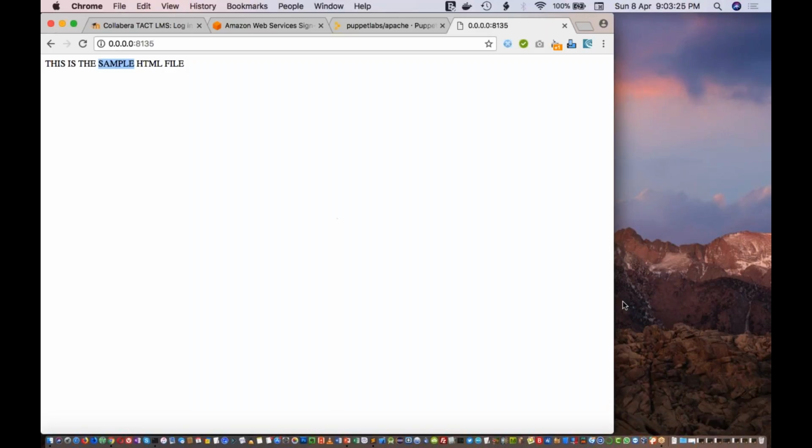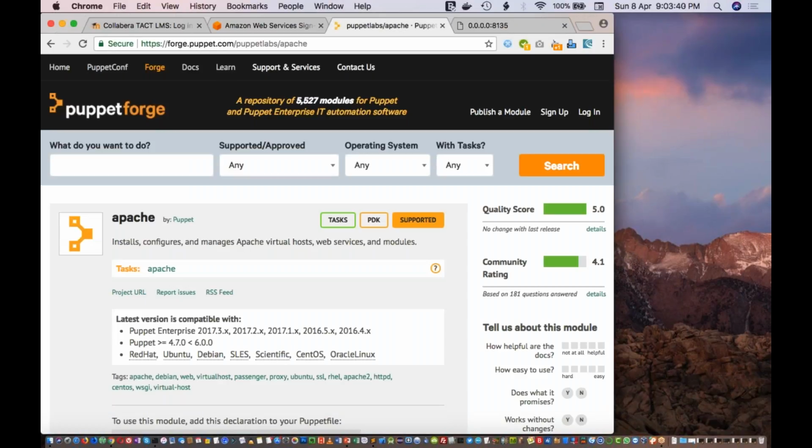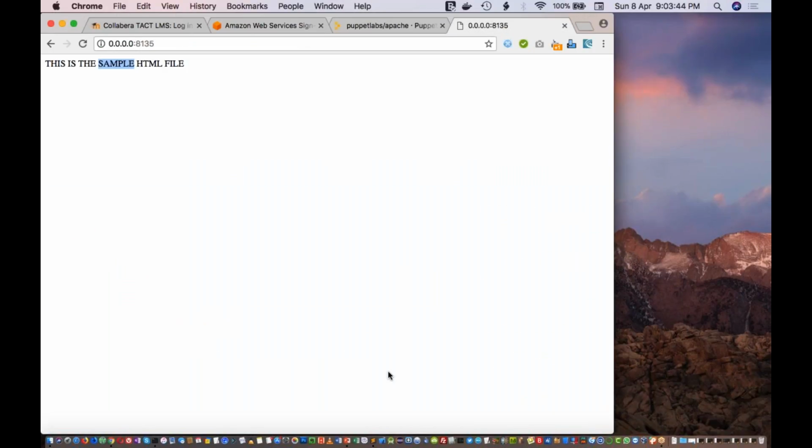Okay, Ajinkya is asking what is the difference between web and Apache. Since I was having an issue installing Apache using my custom module, which is web, what I did is I installed the module which is there in this Puppet lab called Apache to install the Apache web server on my node, and using my web module, I changed the content of the file that is being served by that web server. Is it clear?